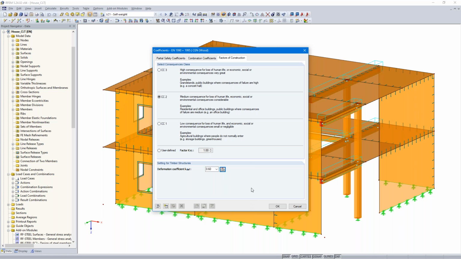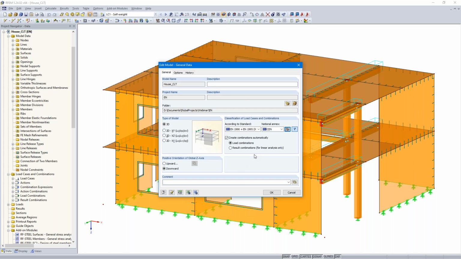What is to say, since the creeping parts for the serviceability limit state design are considered directly from the load combinatorics, you have to define the service class and thus the deformation factor, no matter which design module you are using. It's a little bit hidden, this factor, but it